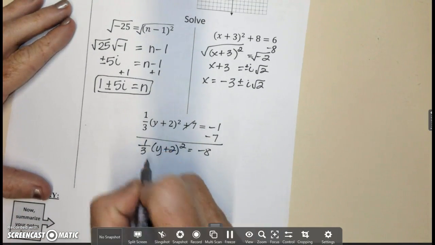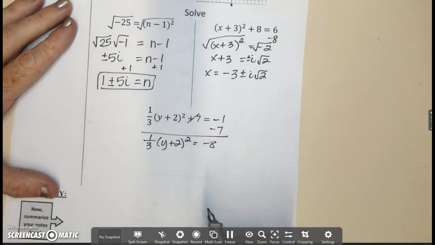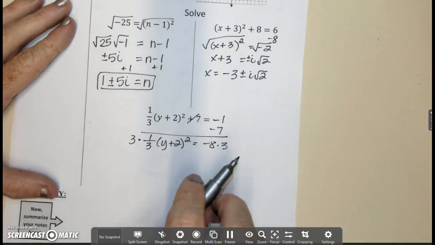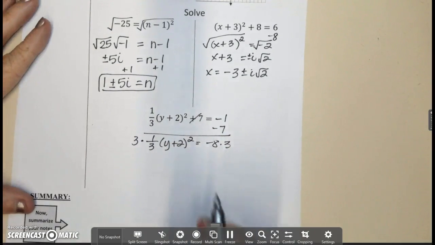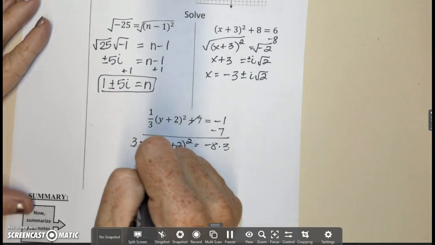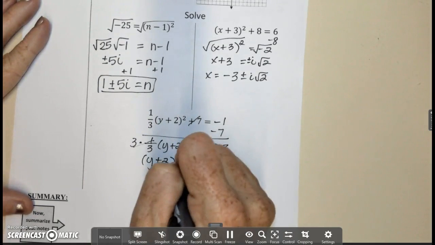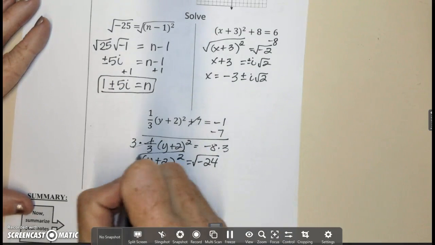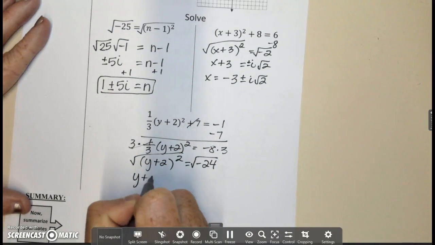Okay, then the reciprocal of multiplying by 1/3 is multiplying by 3. Alrighty, so that cancels out. You get y plus 2 squared equals negative 24. I take the square root of both sides, so I get y plus 2 equals,